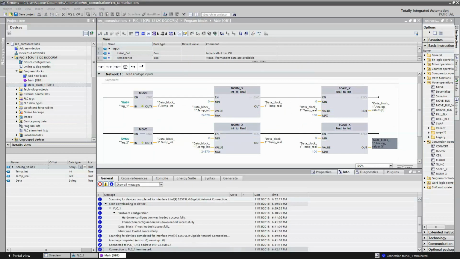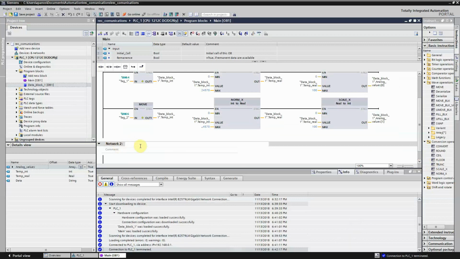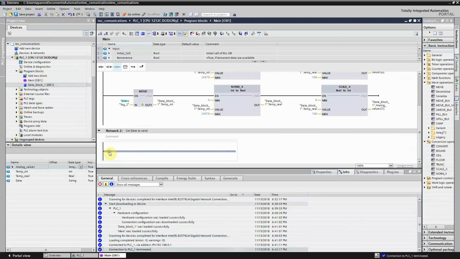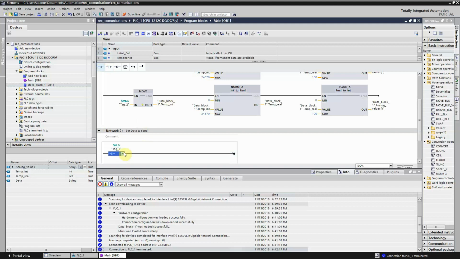So now what we need to do is set up the data to be sent. Set data to send. In this case, we will use our normally off button here, which is I0.0, to send the information. So when we press it and we check a pulse here on this button, I0.0,